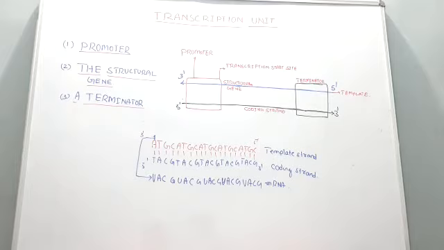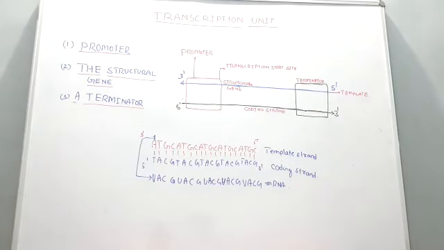That means below you can see 5' to 3', which I have drawn with black ink. So 3' means at the downstream. It is located at 3', downstream of the coding strand. I have already labeled that strand as the coding strand. So on that side the terminator region is found.